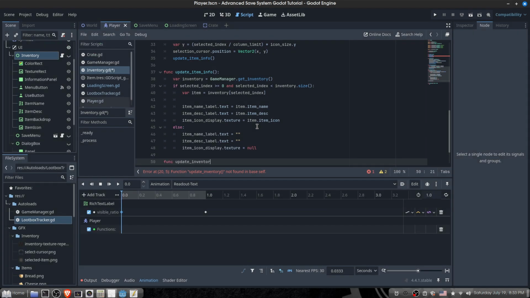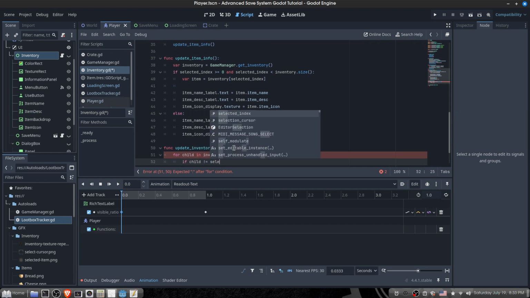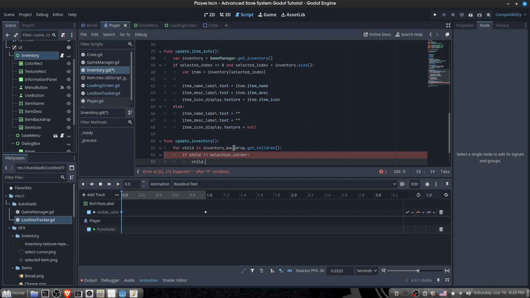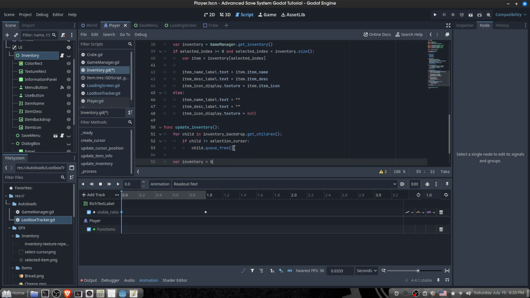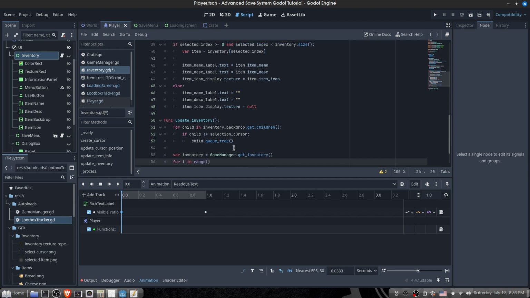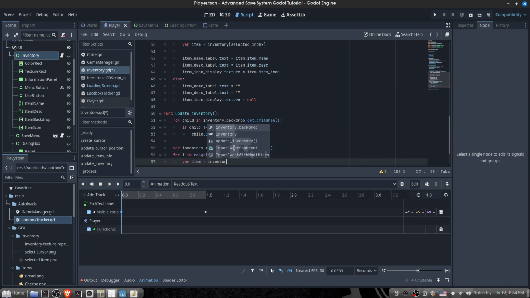Function update_inventory. So this will refresh our inventory every time things change. We'll do for child in inventory_backdrop.get_children, if child not equal to selection_cursor, child.queue_free. Then we'll do var inventory equals game_manager.get_inventory. For i in range inventory.size, we'll do